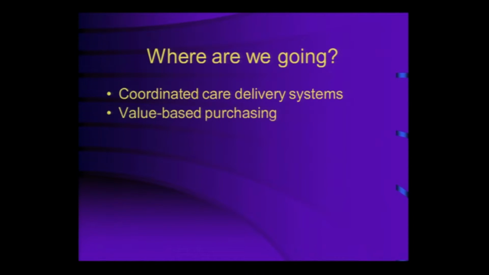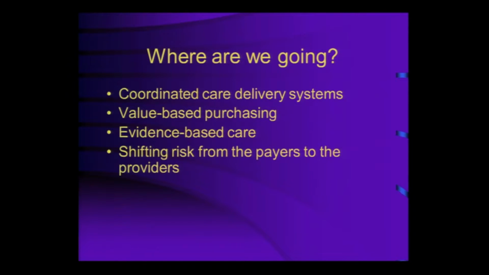So coordinated care delivery systems, what's happening? Where are we going in healthcare? This is where we're going. We're going to coordinated system-based things. We're being driven into clusters as opposed to staying independent. Value-based purchasing, evidence-based care, and a lot of this comes down to the risk shifting from the payers to providers. I said earlier on, whose money are you playing with? Whose cost is this? Is this the insurer's money? Or is this your money? Is this your patient's money? That all changes these equations very much, right?